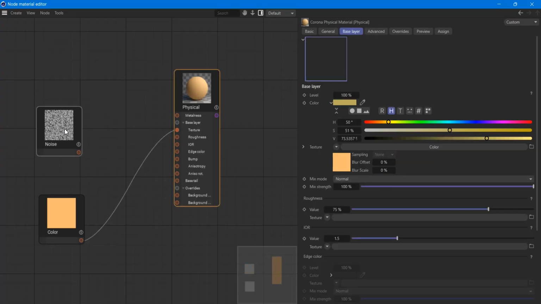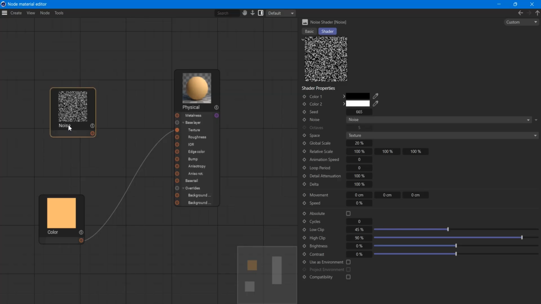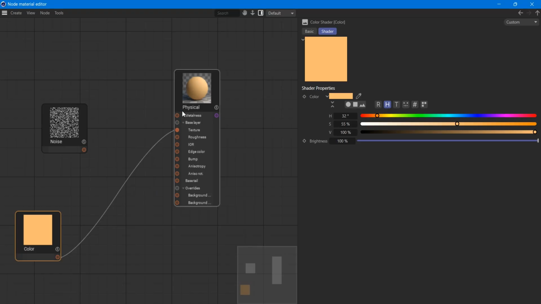Now let's say we want to add some flecks there. For a start, let's say I want to add some black flecks. So what I'll do, I'll go back to my noise here. I want to add this noise onto the top. One thing that you can do with the noise itself, you could put color 1 as this yellow color, and then color 2 as the other color, and it could work. But if you are working with many different materials, then you don't have flexibility if you do it using that method. So what we'll do, we'll just have our color here,